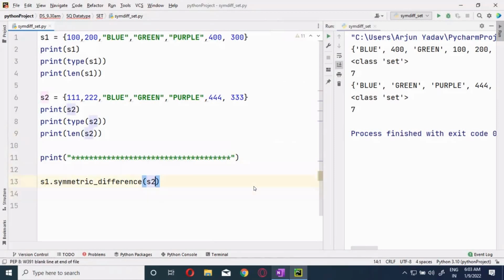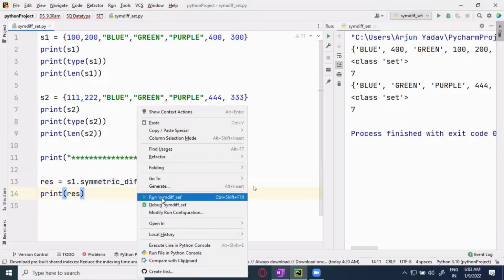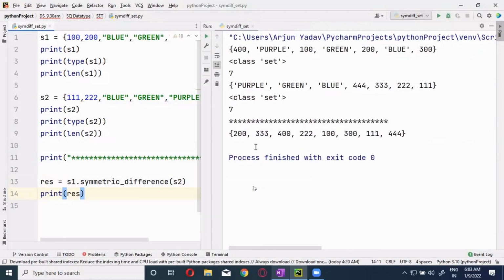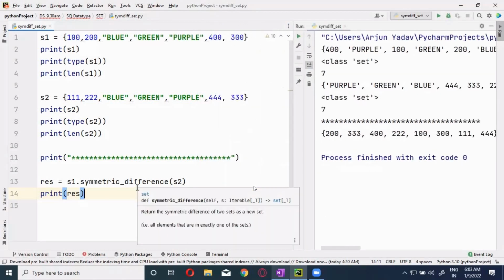Now when I keep it in the results, you see this. What are the differences between both the sets? All the numbers will be coming up: 100, 200, 300, 400, 11, 111, 222, 444, and 333. Like this, you are going to get it.